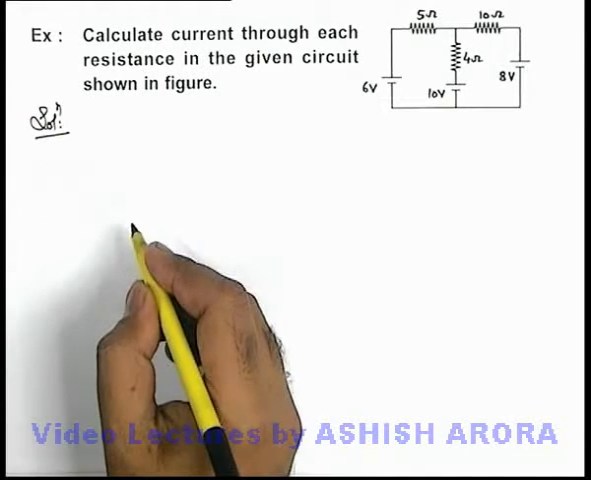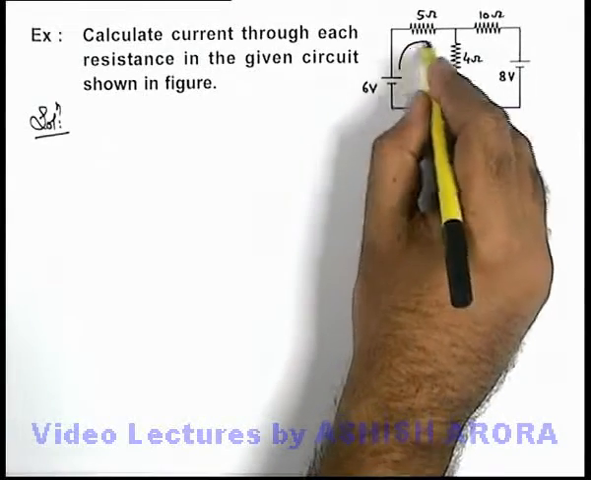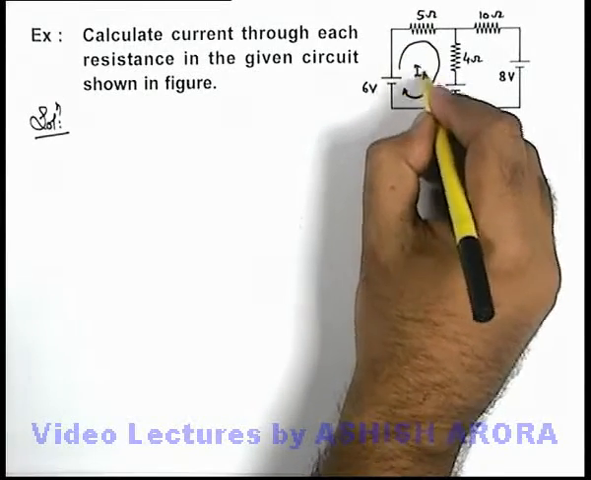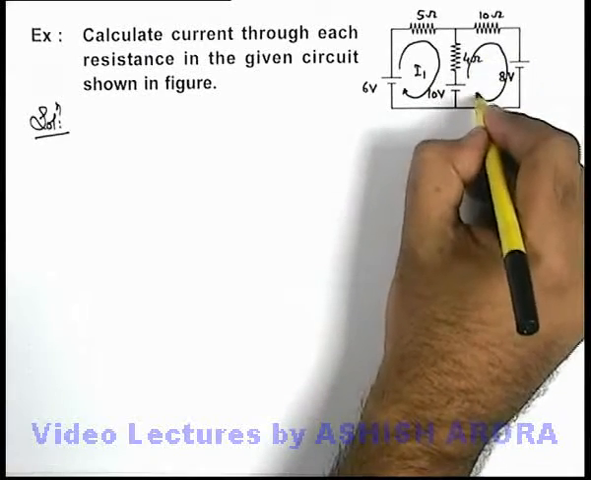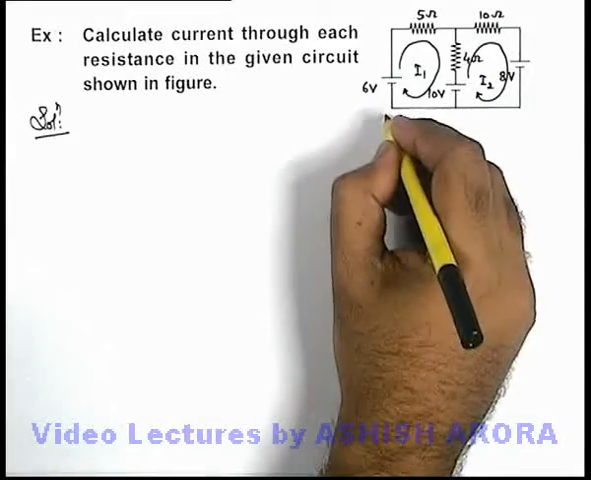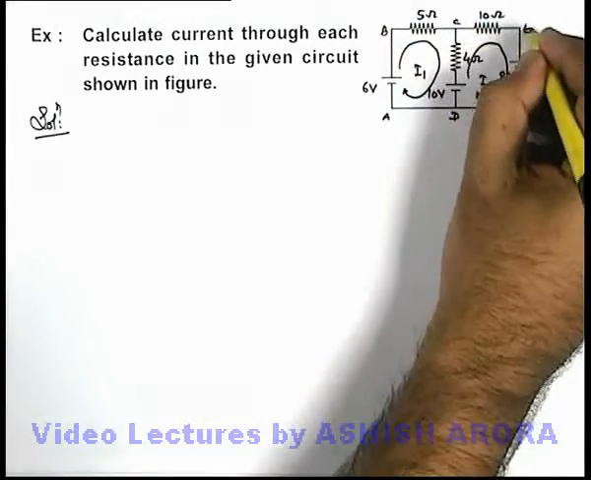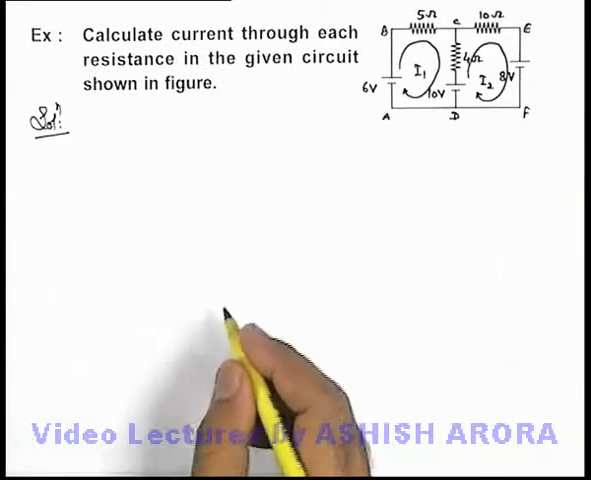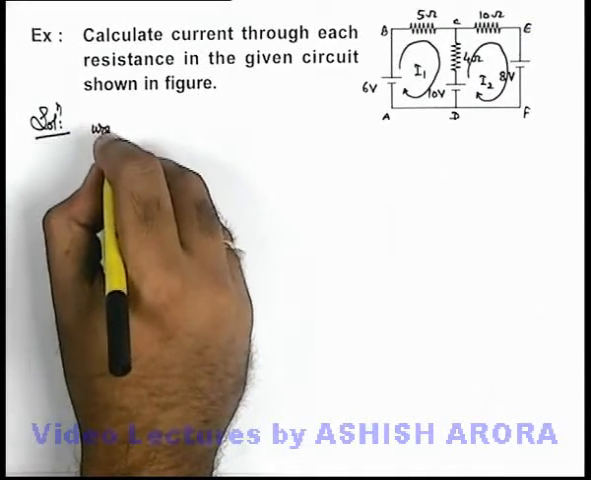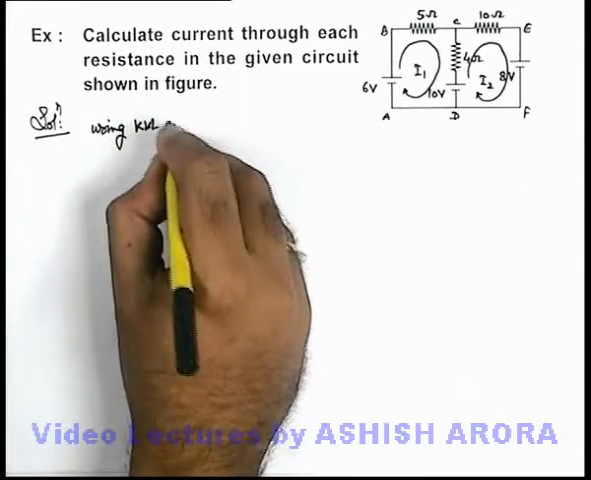Here in this situation, for application of KVL, let's consider in the two loops the currents flowing are I1 and I2. I1 and I2 are considered as the currents in the loops. And say the loops are named as A, B, C, D, E, F, just like the case we have discussed in the previous section. Now in this situation, using Kirchhoff's voltage law in loop